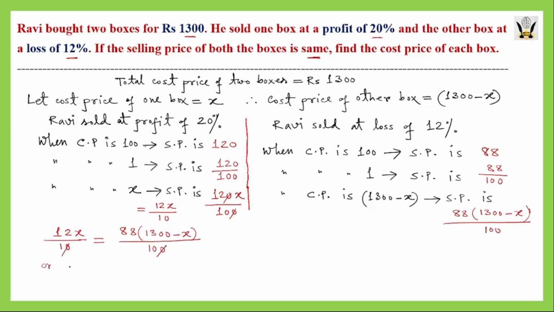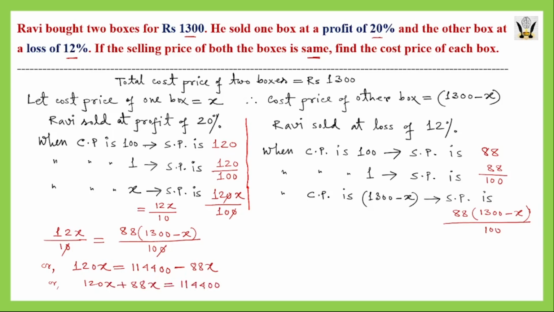So it will be 120X, and that will be equal to 114400. If we multiply 88 by 1300, then this will be the value. Then minus 88X. So what we can do further is, 120X and minus 88X, we can take on the other side, so it will be plus, and that will be equal to